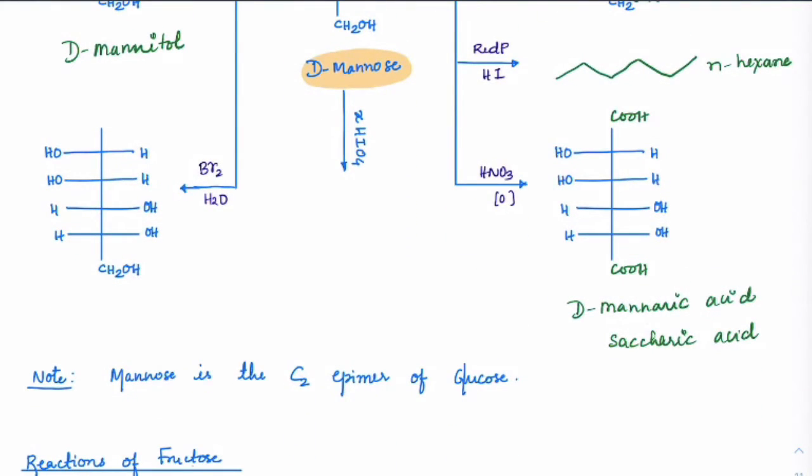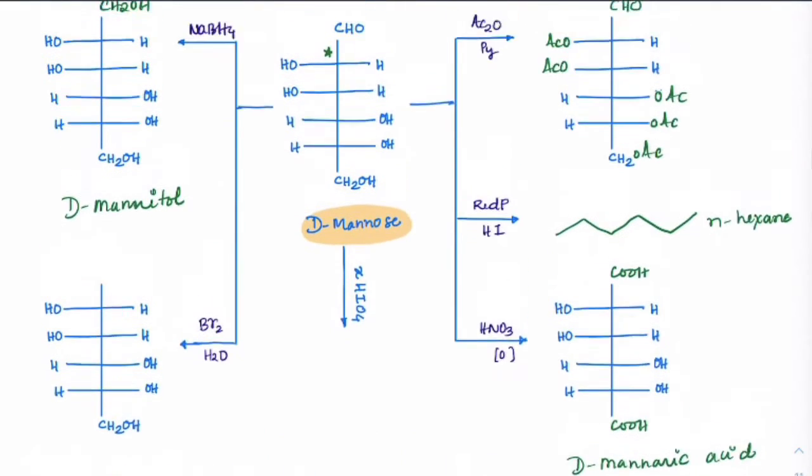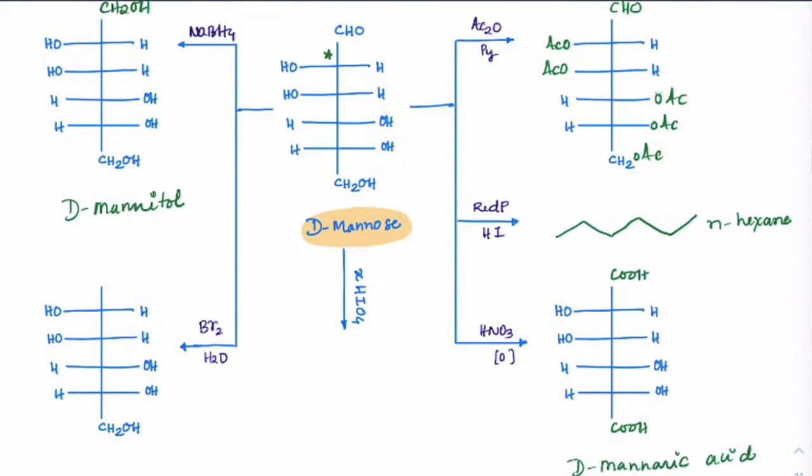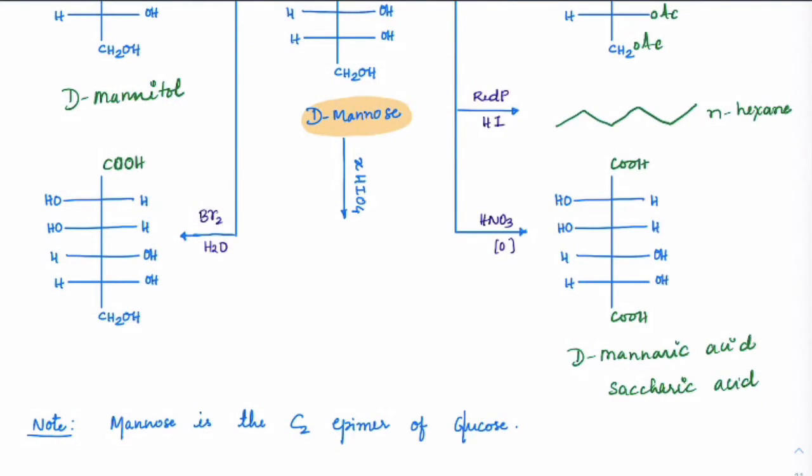Okay. Next, with bromine, if this was glucose, we had COOH here. We call it gluconic acid. See, remember the difference, glucaric acid and gluconic acid. We used to call it gluconic acid if you have COOH here and CH2OH here. Here also, if this reaction is with mannose, this will become COOH. So only one COOH is there, rest all are hydroxy groups, pentahydroxy hexanoic acid. So this is commonly known as D-mannonic acid. So this is mannonic acid.